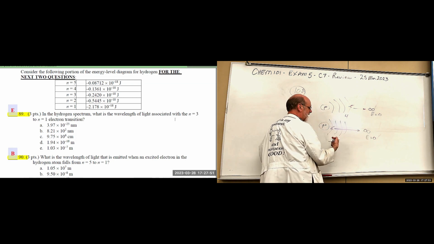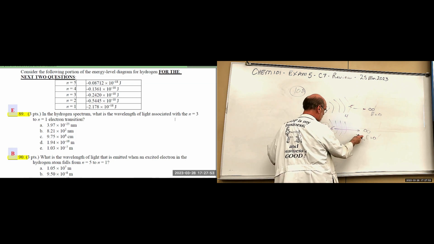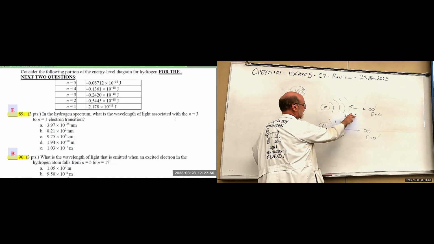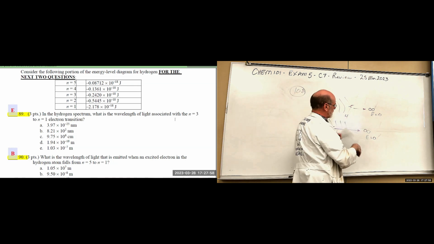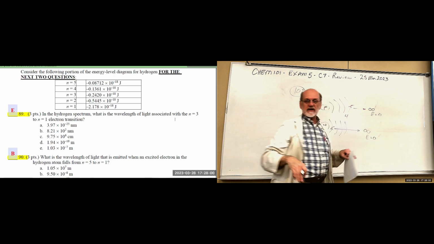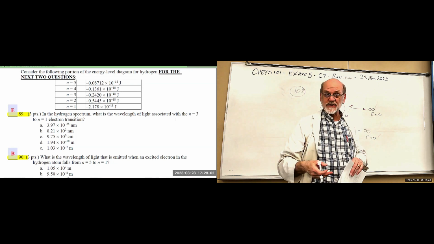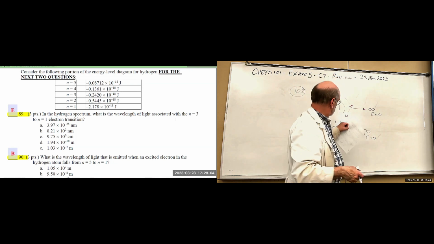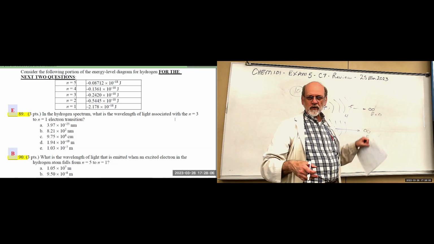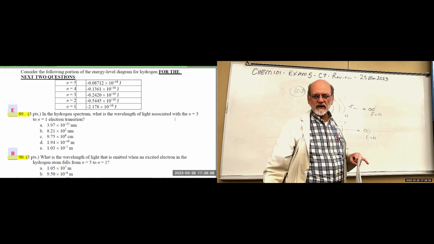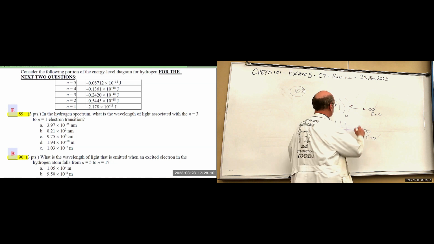So it's going to be a positive amount. We're going from 0 to there, so a positive amount of energy has to be added from here to the fourth level. The fourth level is minus 0.1361